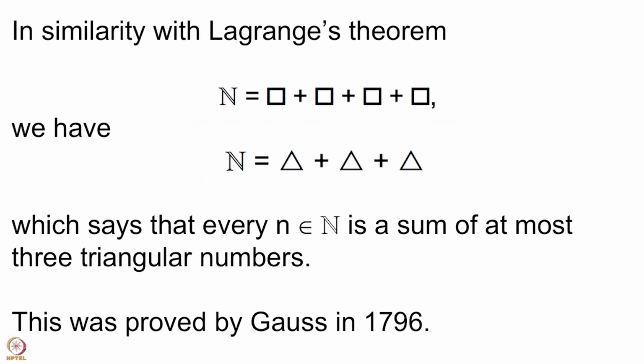He had noted this in his diary, and the date for that entry is 1796. So, Gauss had noted this, that num is delta plus delta plus delta. You need at most 3 triangular numbers to write every natural number. And we can ask what would happen for higher